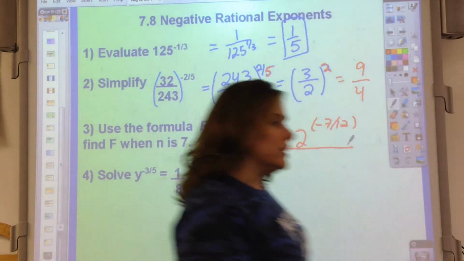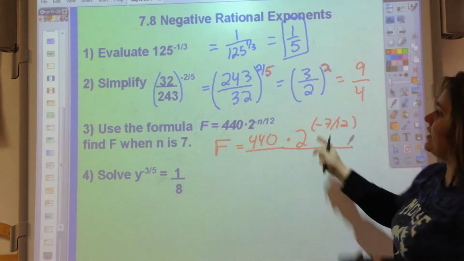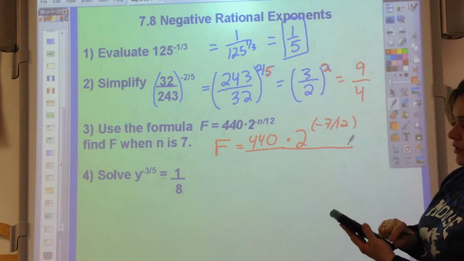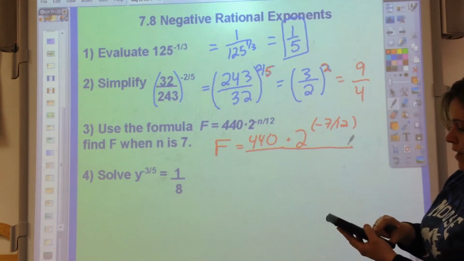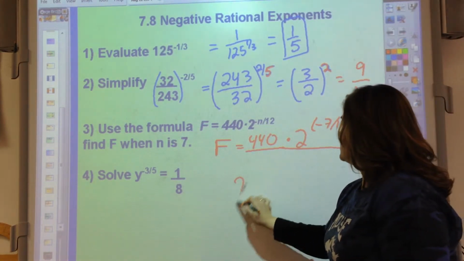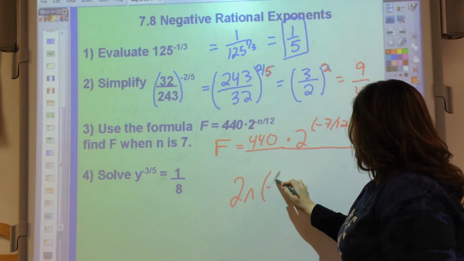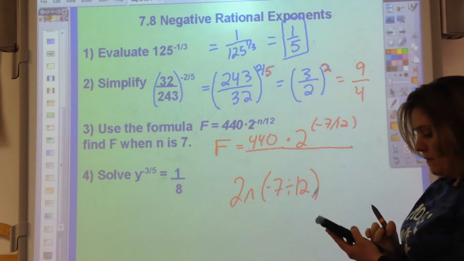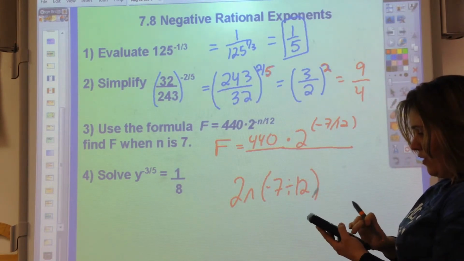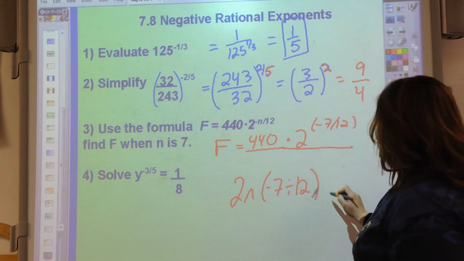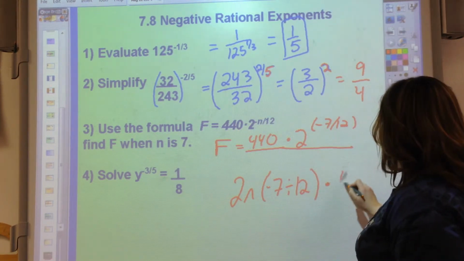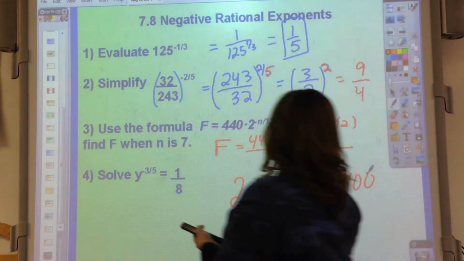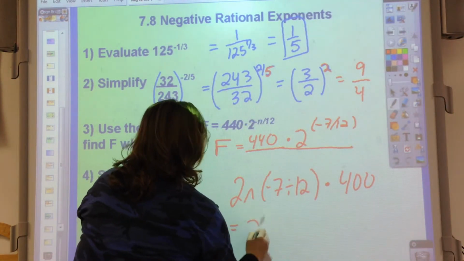And on your calculator, this is easily simplified if you use order of operations. Begin with this right here. On your calculator, go ahead and do 2 to the power of, and put parentheses. And do negative 7 divided by 12 and close your parentheses. And then we'll multiply this by 440. And you should end up with an F value of